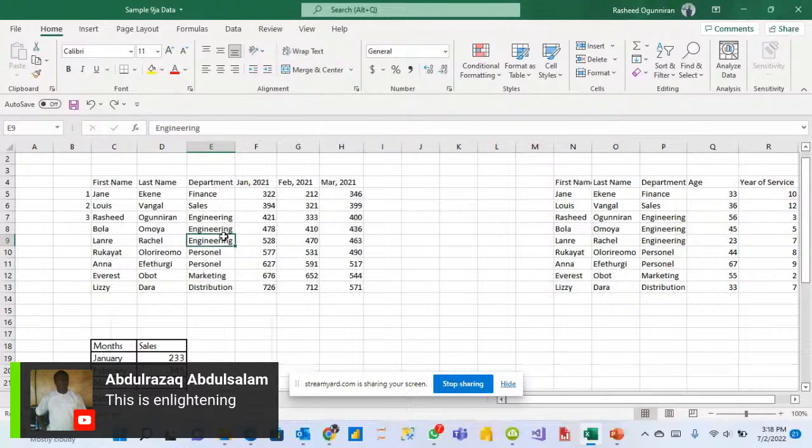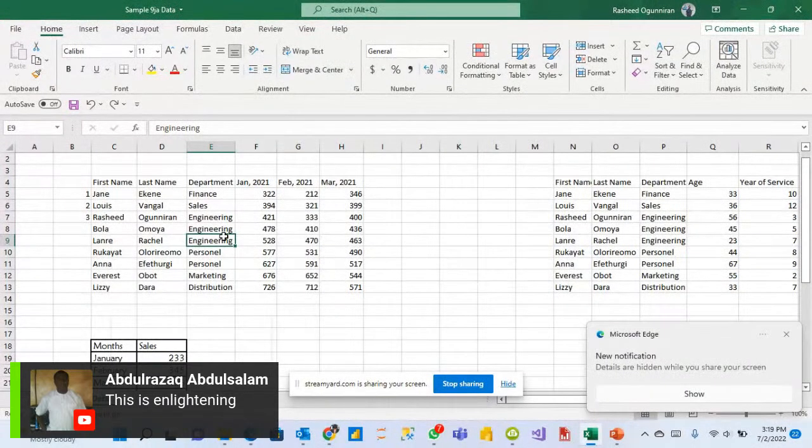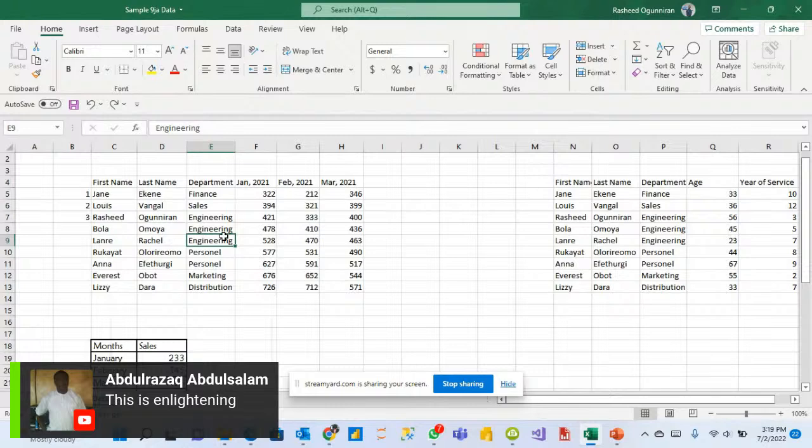We need to structure data for us to have a meaningful data analysis. I say that again. We need to structure our data, by making it a table, for us to have a meaningful data analysis. Number one way, click within the table,